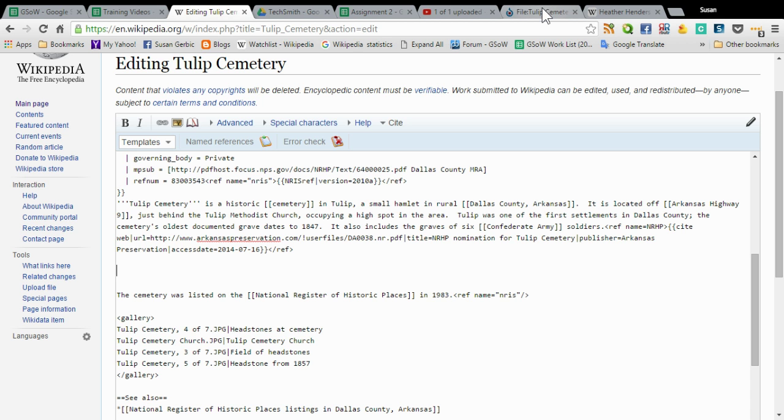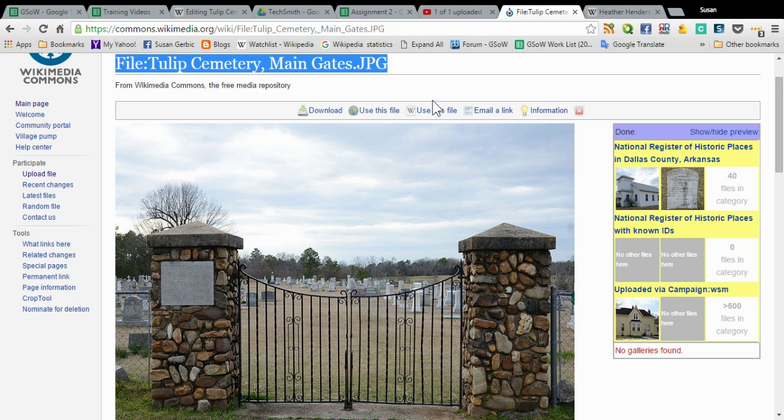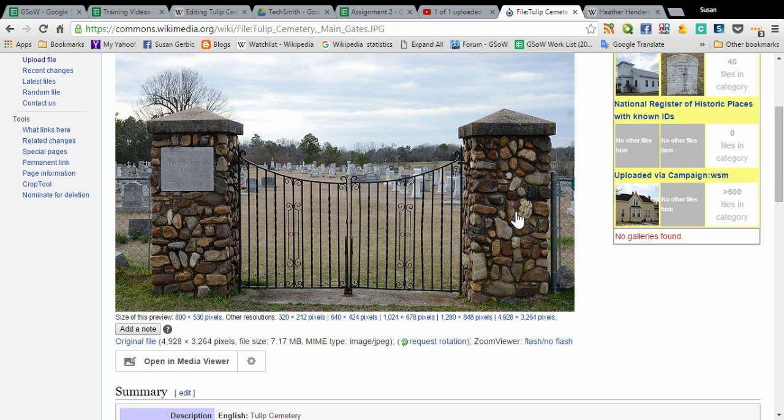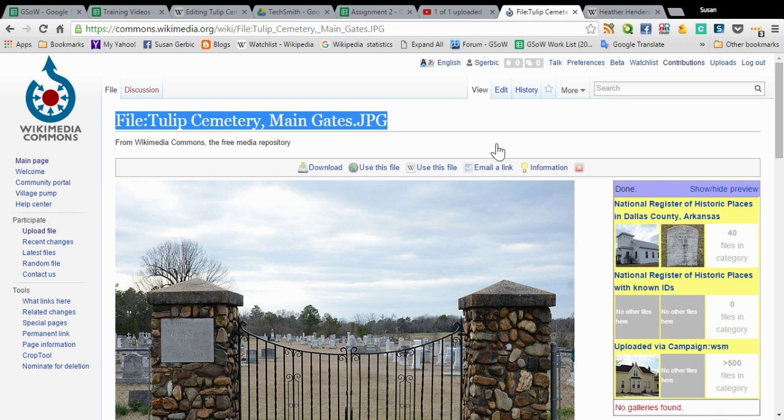So what I'm going to do is go over here to the Tulip Cemetery page, and this is the one I picked out because I think it looks different. And I copied the whole name. So I'm going to copy the whole thing, including the file and the colon, which is something you don't do when you're adding a gallery. I'm going to hit Control-C, or some people like to right-click and hit copy. Then